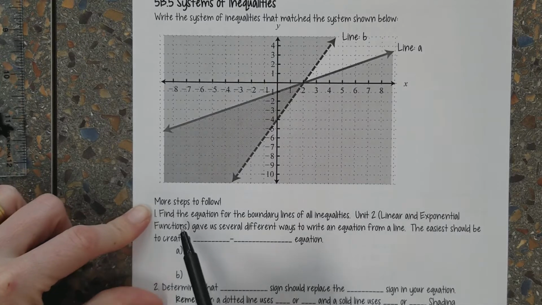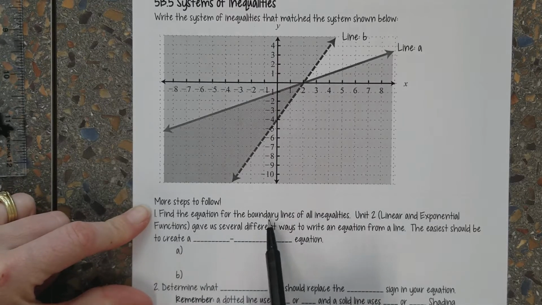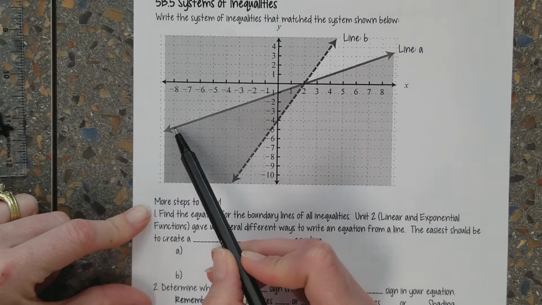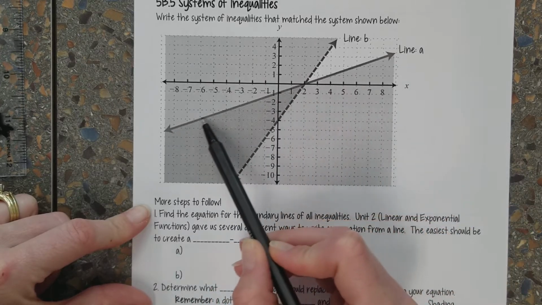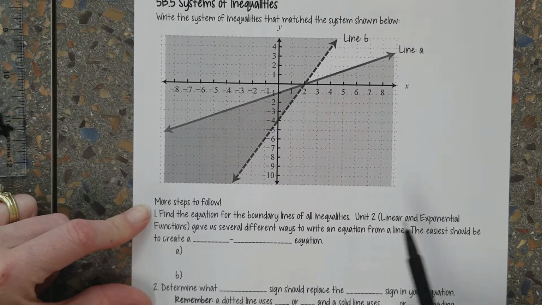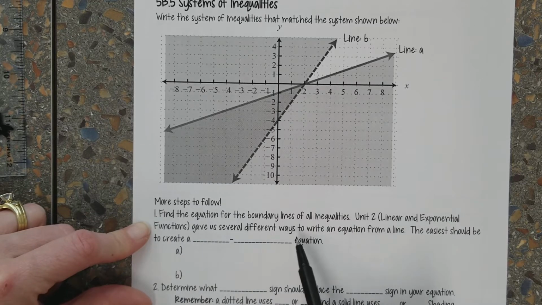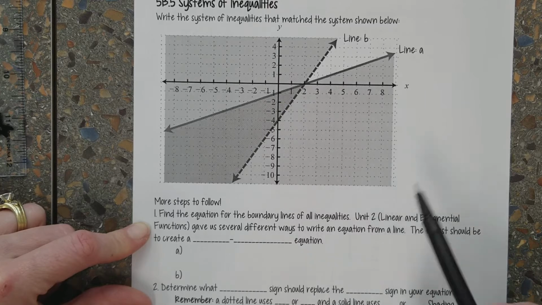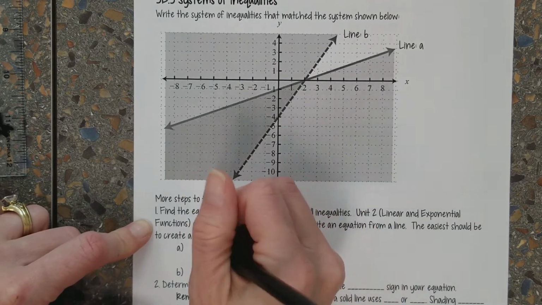The first one is we're going to find the equation for the boundary lines. Now remember, the boundary lines are either this solid line here on line A or this dashed line on line B, okay? In Unit 2, back first quarter in linear and exponential functions, we learned several different ways to write an equation from a line. The easiest for us in this case is going to be to create a